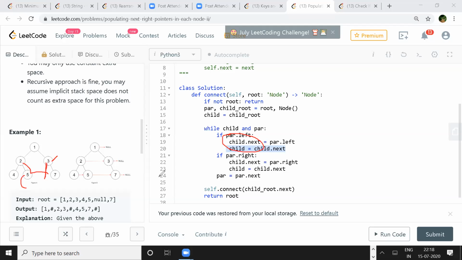This case also exists for the first one, parent dot right. Here you have the parent's right child, and your child is here. Child will connect to this, and then child will move to next here. Parent will also keep on moving, because initially 2's parent was 1. Now when you reach 4, 4's parent will be 2 in one iteration. Every iteration you change the parent.